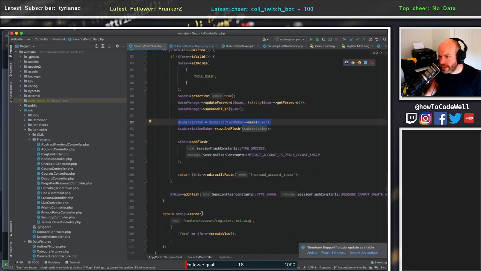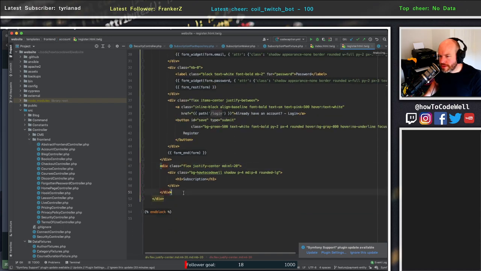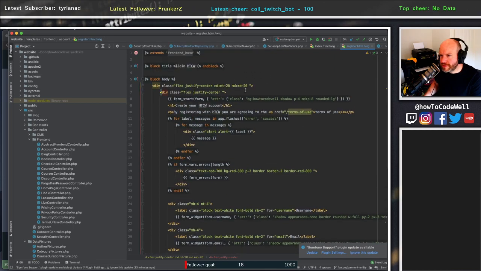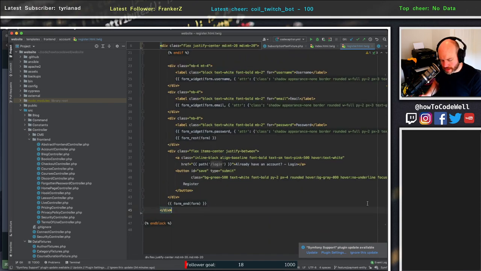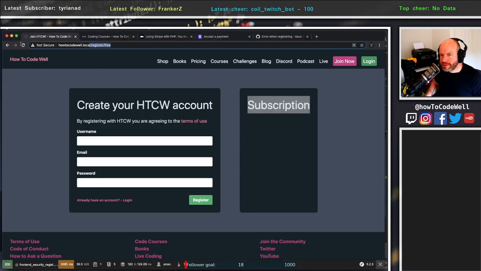Okay, and then, yeah, that's cool. We then render the stuff. Let's jump into that, because what I want to do is remove this subscription box. I need to put this in here and remove this. Scroll to the bottom, remove that. Let's just tidy up the page. Oops, wrong button. Right, so now if I was to refresh,